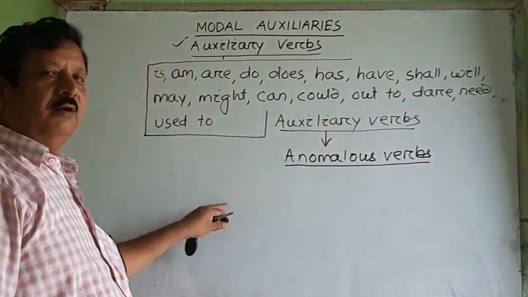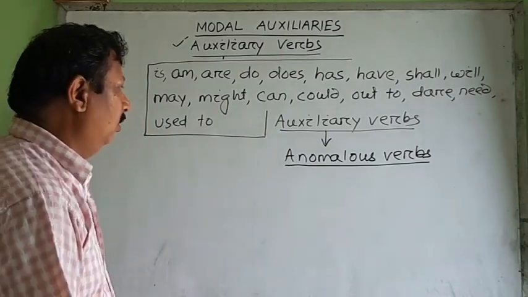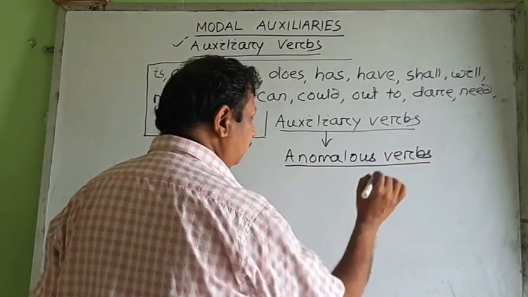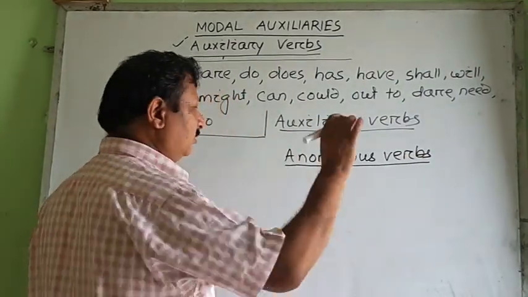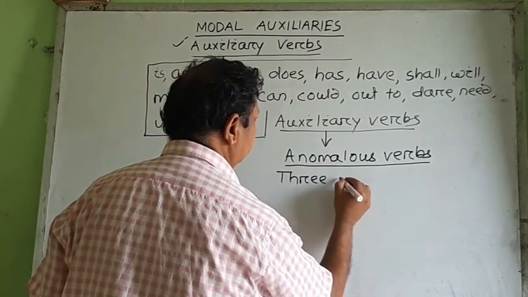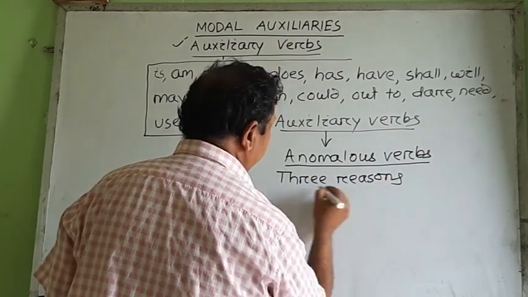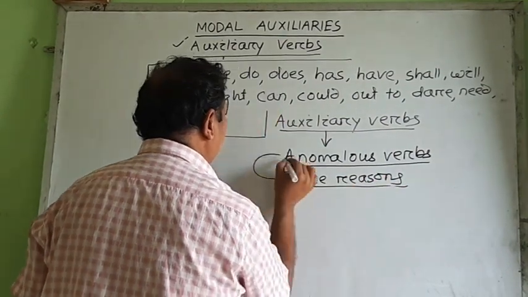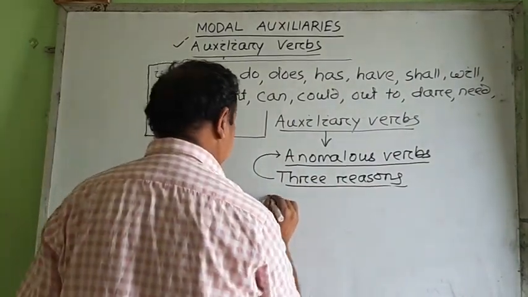These are known as the anomalous verbs. Why are they called anomalous verbs? Let us now know why they are called the anomalous verbs. Because of three things, three reasons. What are those three reasons? Because of the three reasons, we call them anomalous verbs. Why? Number one,